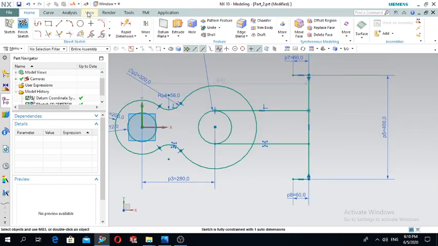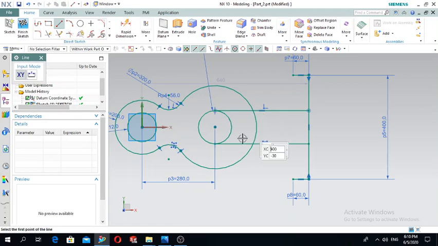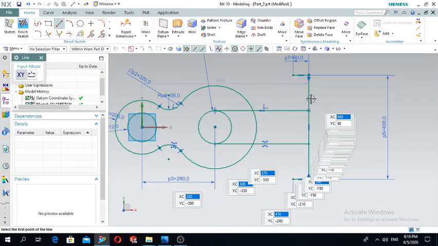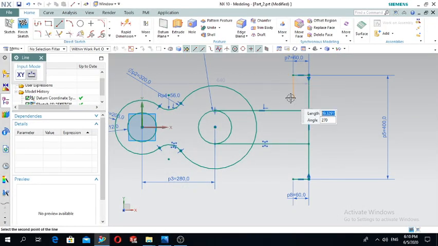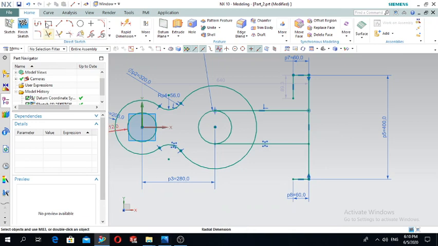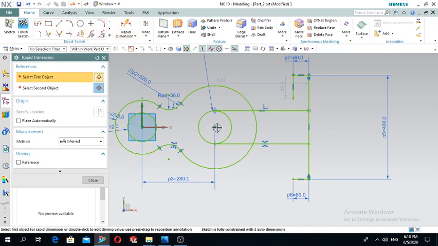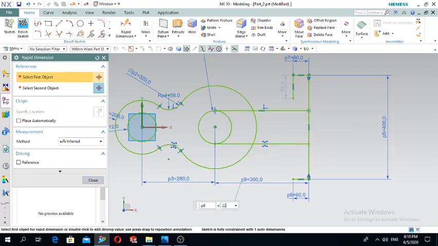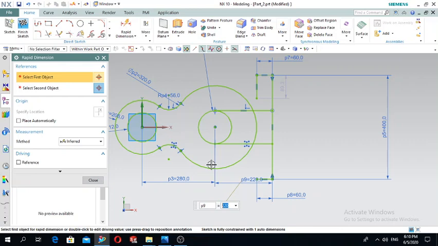Now, in order to obtain the fillet, we have to draw firstly here the line. Okay, firstly define the distance, it's 220. This is the distance between this and this. 220. Okay,